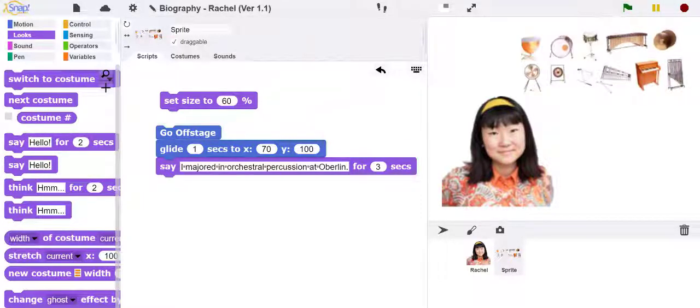And we can also, if we want, record Rachel saying the same thing. So now we have a pretty good sequence, and the only